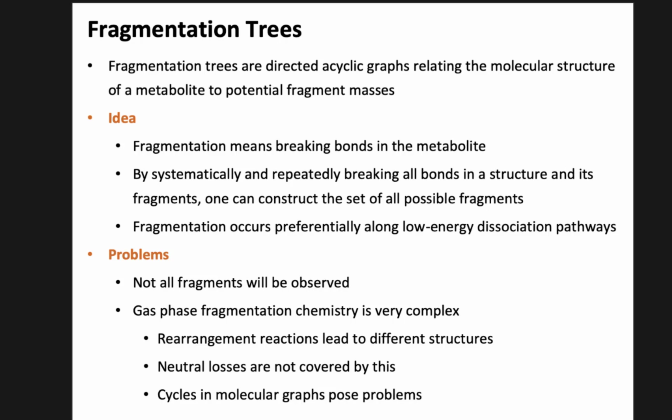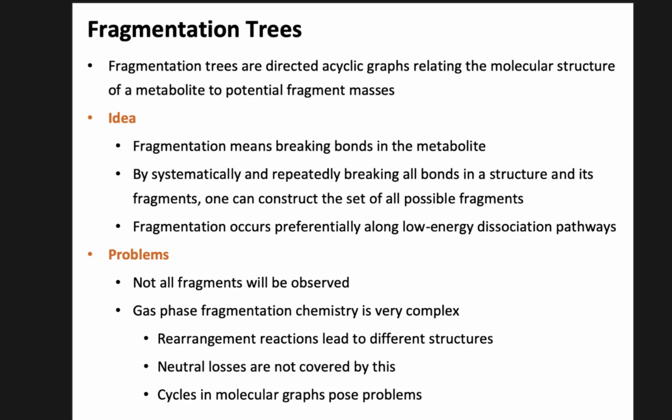And note that this is not the same as a spectrum. For computer scientists, fragmentation trees are directed acyclic graphs that relate a molecular structure to potential fragment masses. That sounds a bit complicated, but it's basically giving us the relationship between different masses. It says this fragment mass can arise from this fragment. And fragments can break apart as well. That's how fragmentation works. You can break them down into smaller bits and pieces, and that is what this fragmentation